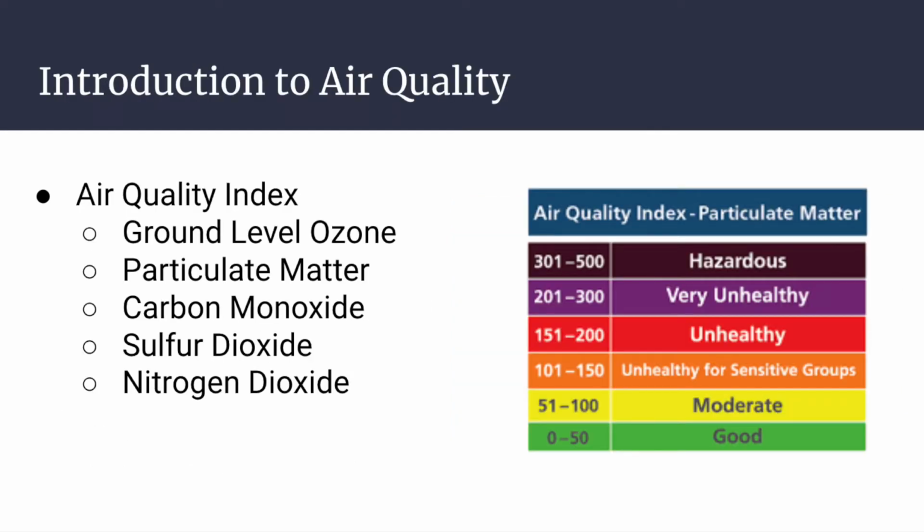In the US, the standard way to measure air quality that's used by the EPA is with an air quality index. The air quality index is a number from 1 to 500 describing an environment. Lower than 50 is good air quality, and above 300 is hazardous and unsafe to breathe. AQI relies on quantitative data in 5 categories: ground level ozone, particulate matter, carbon monoxide, sulfur dioxide, and nitrogen dioxide. Each category has its own number, as shown by the picture and example for particulate matter, and then is factored